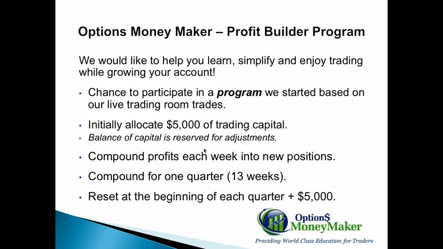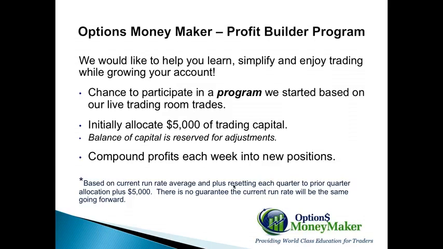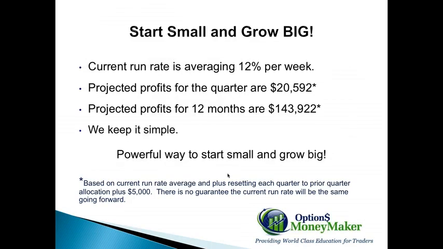$5,000 of starting capital, if we made, say, $600 in the first week, in the second week we're going to trade $5,600. If we made $300 in the second week, in the third week we're going to trade $5,900. So it's that quarterly compounding which accelerates our profits, and then at the beginning of the next quarter we reset to either $5,000 or $5,000 plus a portion of the profits from the prior quarter. But the rest of the profits that we earn during the quarter are set aside with no risk.